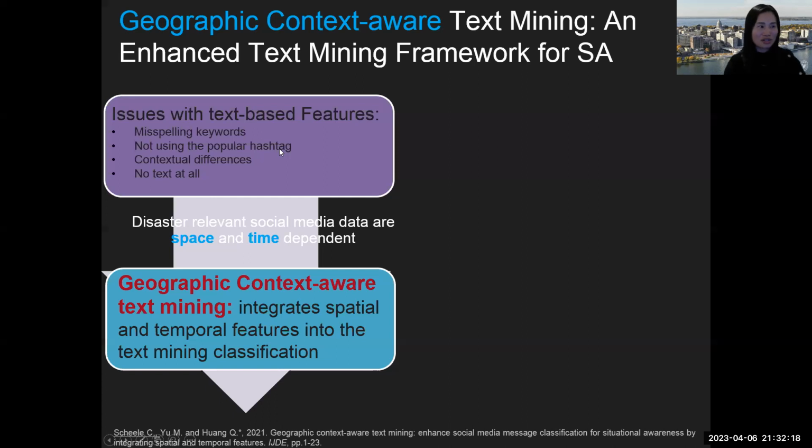So at the initial sampling process, we filtered out useful information that could potentially contribute to disaster management. Many posted messages don't have text at all. In that case, we developed a geographic context-aware text mining approach